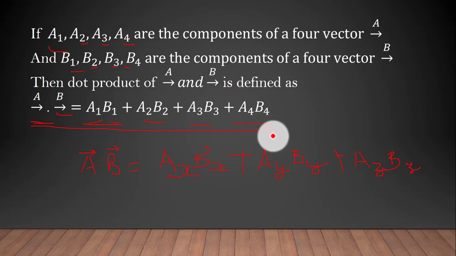As you know, in 3-dimensional space, we take the dot product of two vectors having components ax, ay, az and bx, by, bz in the S frame of reference. Now we take the components of the same two vectors in the S prime frame of reference, then these vectors are going to change. These vectors will become a prime and b prime. So their dot product will be what?